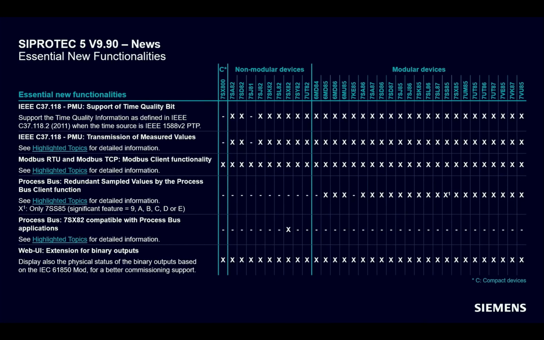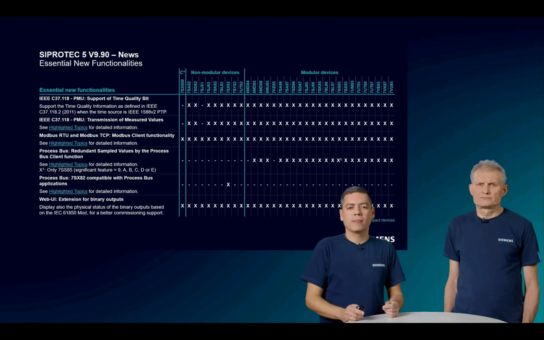First one, phasor measurement unit, transmission of measured values. This will be available for all devices except 7SX800 and 7SJ81. Modbus RTU and Modbus TCP, now with the Modbus client functionality. This will be available for all the SIPROTEC 5 devices. Process bus, redundant sampled values for the process bus client function. This will be available for all modular devices except